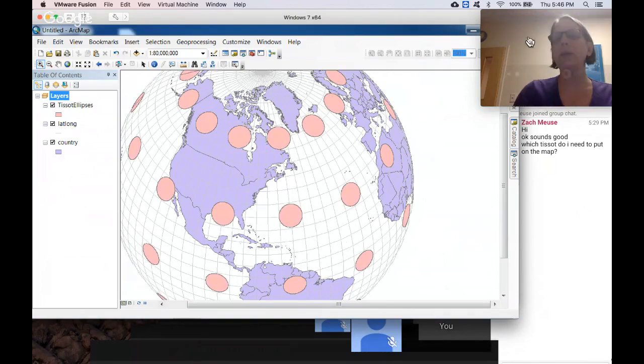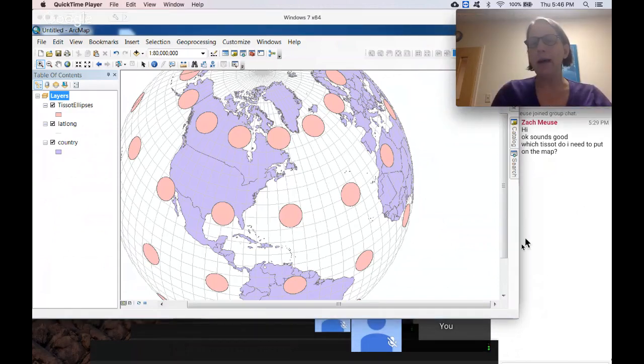Okay. So the Tissot ellipses that we added, notice when I look at this Earth from space view, that the ellipses are no longer ellipses, or they're a special kind of ellipse, which is a circle. So those ellipses are specially designed shapes that allow us to see how distortion works when we squash our map flat. So that's what we're going to use to take a look at some of these distortion issues that you run into when you squash your map flat. Okay, so